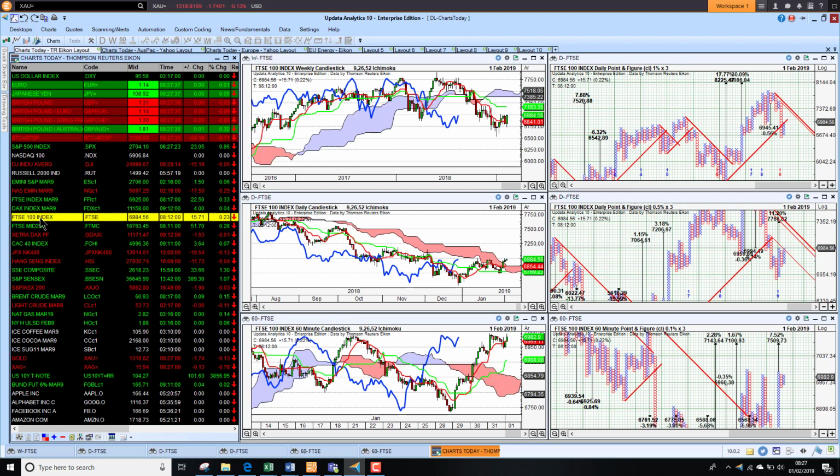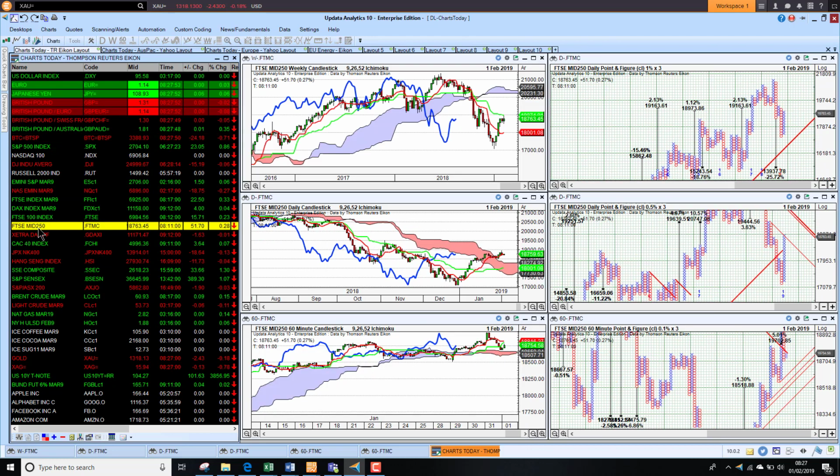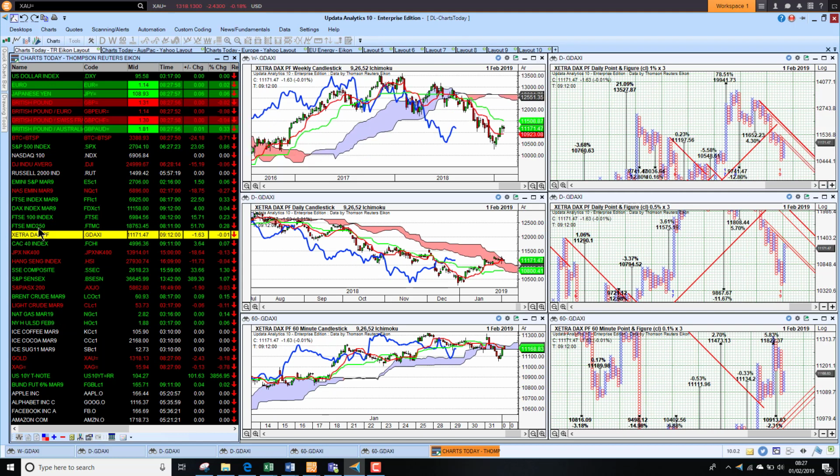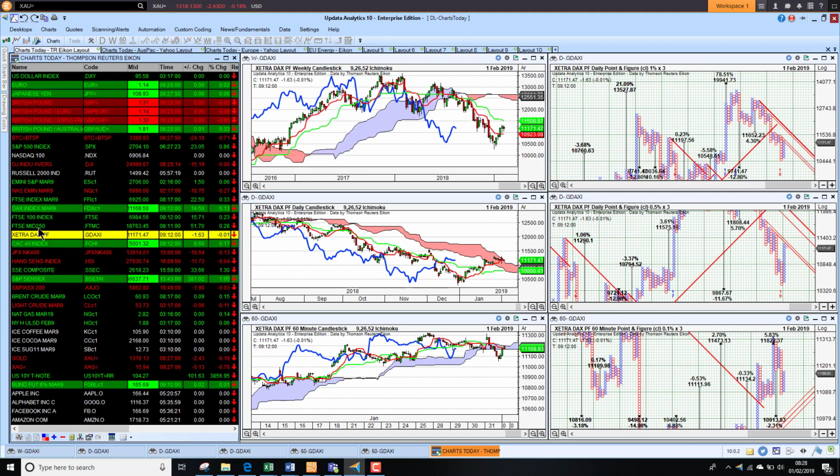The FTSE 100 index is up 0.25% this morning. Its short-term recovery continues. We've got upside targets of around 2% here. Upside target of 11% on the medium-term chart, not yet activated, and the same on the short-term chart, 7% not yet activated. The FTSE 250 is up just under 1/3%, and the DAX is very flat this morning, down 0.01%.